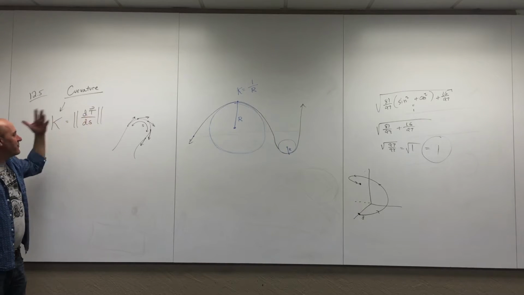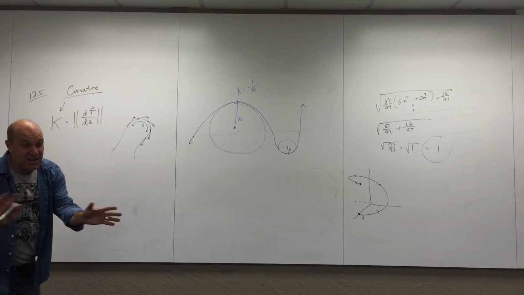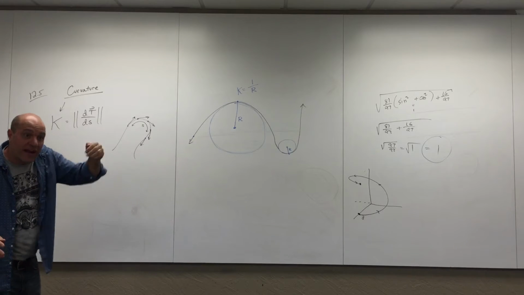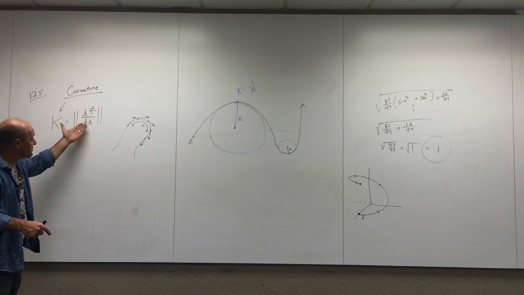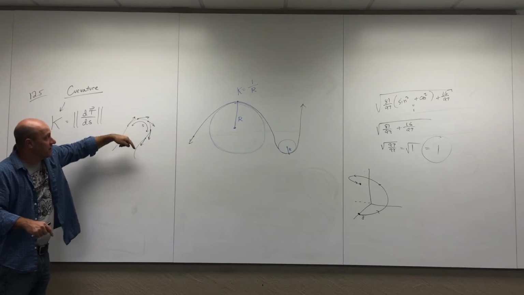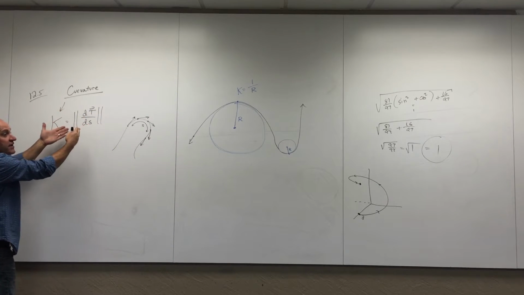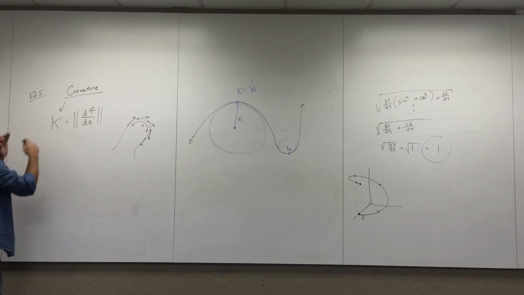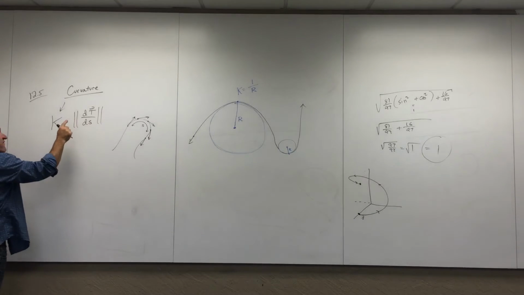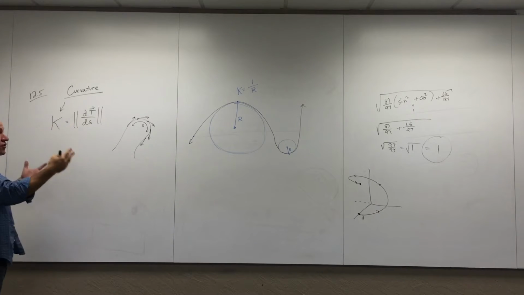Did you hear what I just said? I'm trying to make sense out of this for you. It's the rate of change of the tangent vector, which isn't changing length. So it's about the directional change of the tangent vector with respect to how far it travels. If it changes direction in a very short traveling distance, that's a big curvature. Then it's the magnitude of that rate of change, and that's your curvature. Again, not necessarily a functional definition. You could do this if you were given your